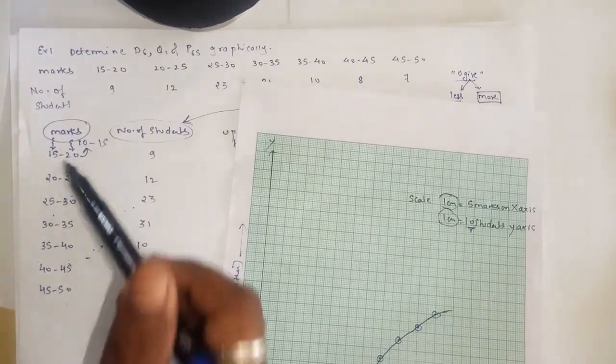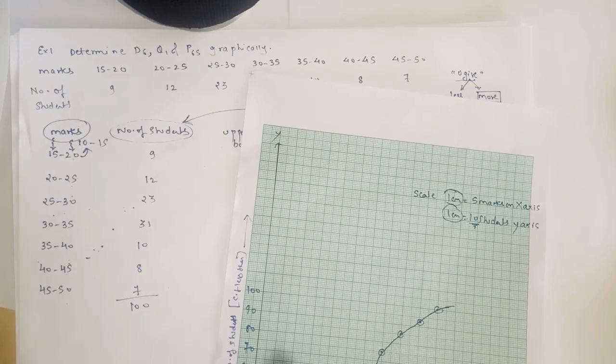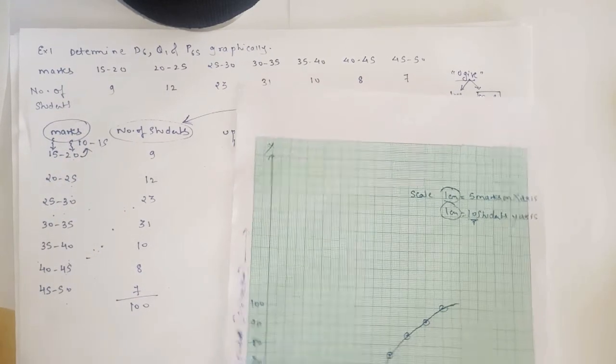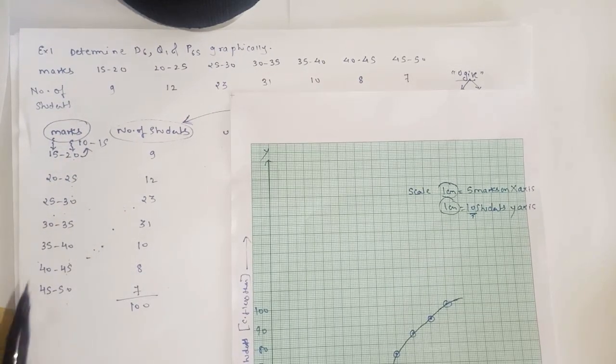And see to that the class for the ogive, whenever you have to draw the ogive, the class has to be continuous. Suppose if the class is not continuous, you have to make the class continuous. But basically when you see the sums from the exercise, each and every sum, they have already given the class continuous. Okay, suppose in case somewhere you come across a class that is not continuous, then you have to make the class continuous and then move forward. Okay, without making the class continuous, don't draw the graph.